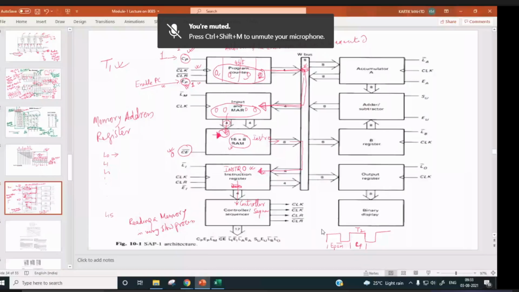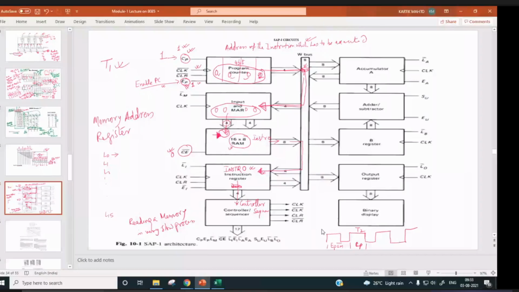During T3, the decoding and everything will be ready. The decoding will be done and the particular memory location will be selected. Now this memory will be ready for delivering the instruction or data. So during T3, you can make CE bar low, and the instruction from memory will come out and be loaded to the instruction register. For this purpose, we have to make CE bar active and LI bar active.